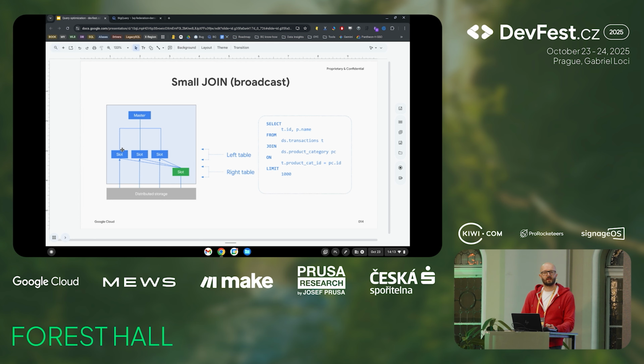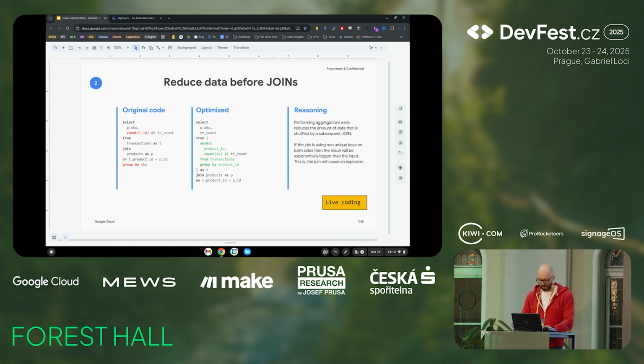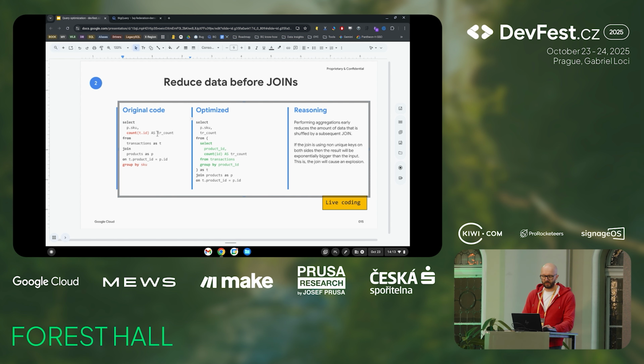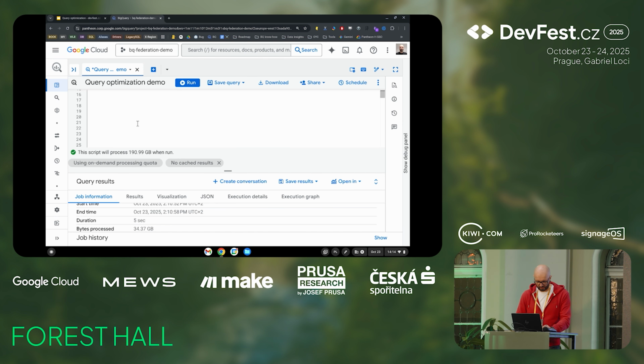And how can you minimize the number of rows that you are shuffling and joining? Let's say you have a query that you want to show what the sales were for each product. Yes, you want to show it per product SKU or product name. So the first approach is that you simply join transactions with products by product ID. And then you provide, OK, I want the SKU of the product and the number of transactions for this SKU. And if I run this on BigQuery,